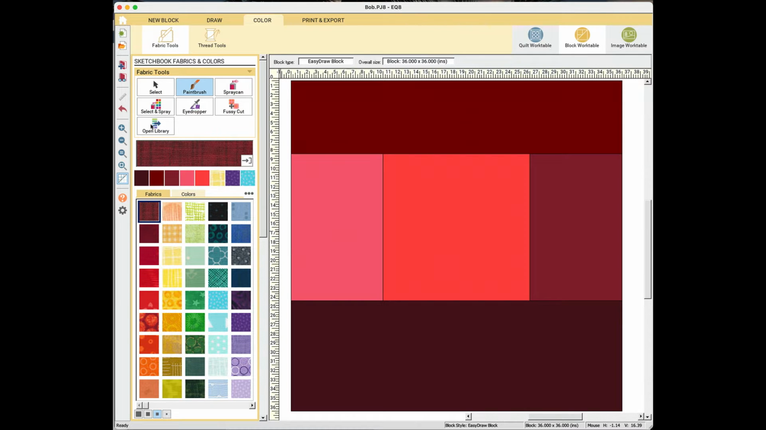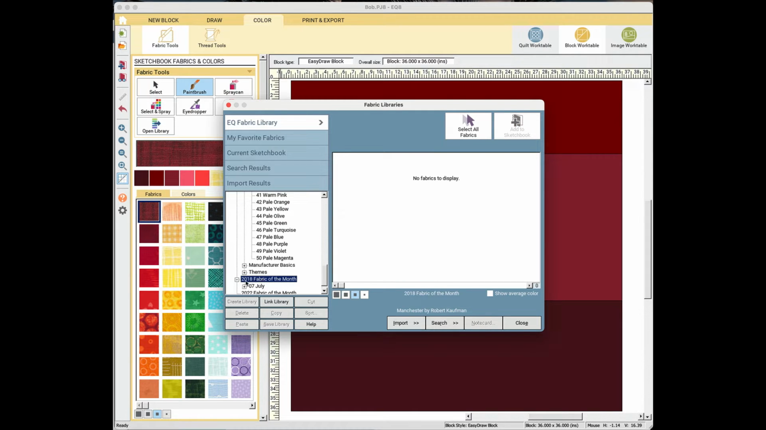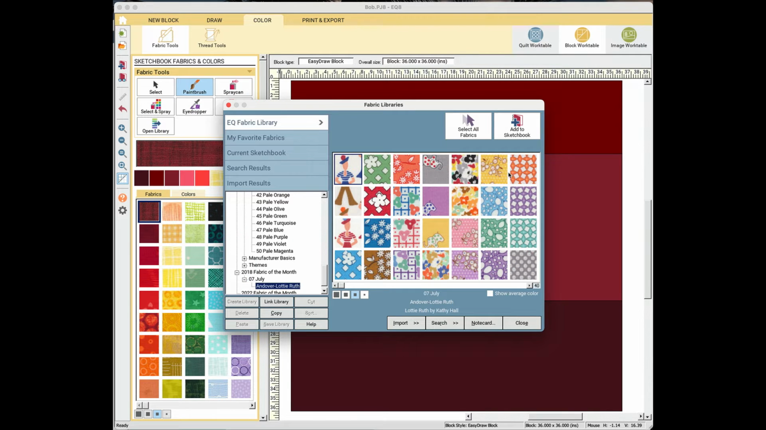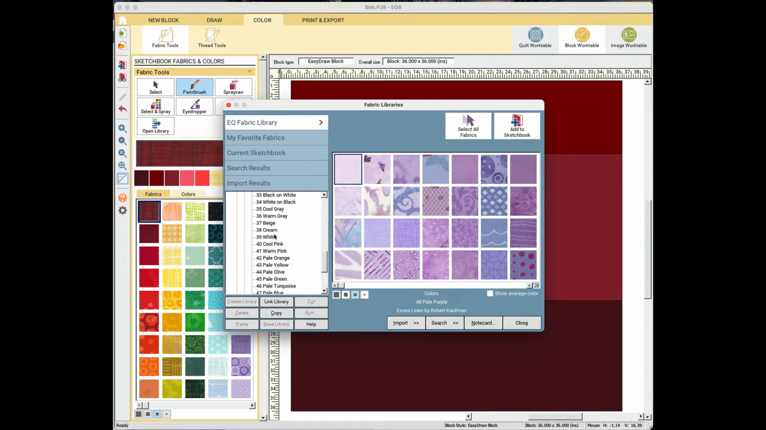So EQ8 comes with a library of fabric, and it's updated because every month they come out with a new collection that you can download for free. So for instance, I don't like all of them, so every once in a while I'll see one that I like and I will download that. These are some reproduction prints and I have them in my fabric stash, so I thought it would be nice to have them in EQ8. So if you see a fabric in here you like,